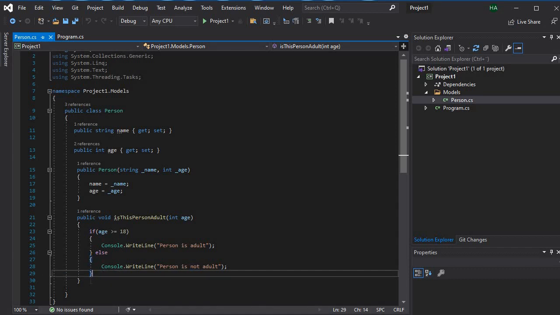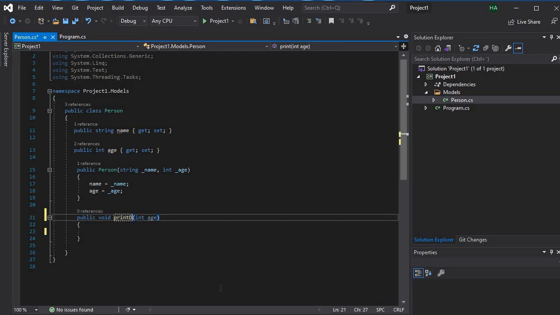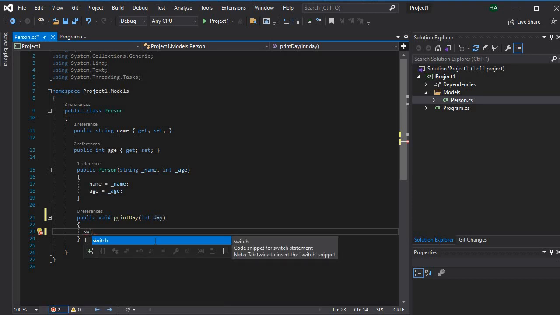So if we try to delete this and tell this that I'm gonna show, or I'm gonna print day. Let's say I want to see which day we are in a week. Then you can make a switch case, cause for printing out the day you need more than 2 options. You need from Monday to Sunday. So you can say I'm gonna make this switch statement,